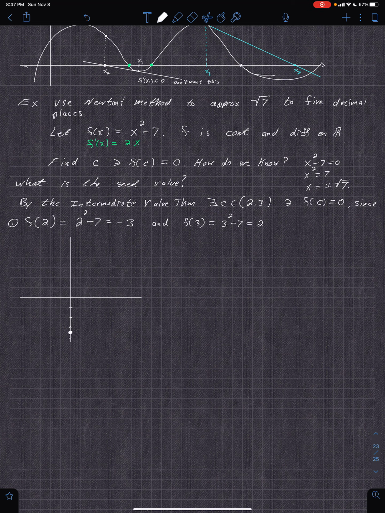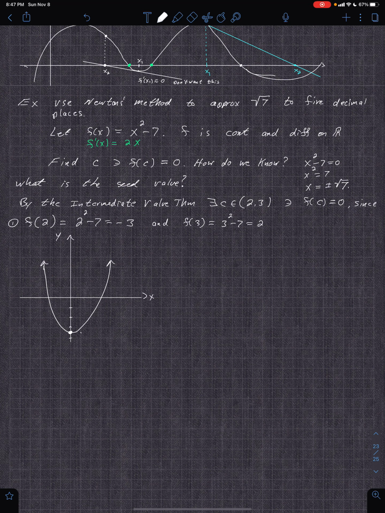And then we know the roots are basically the square root of 7 and the negative square root of 7. If you just counted off values, it's going to look, well, let's graph it. Looks like this and like this, right? We know it's a parabola, it opens up